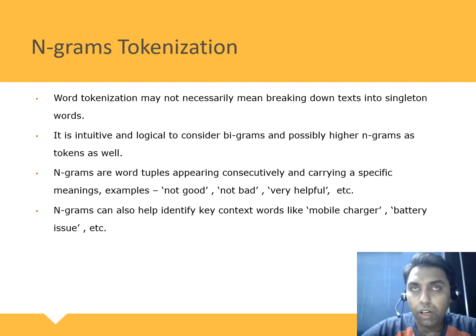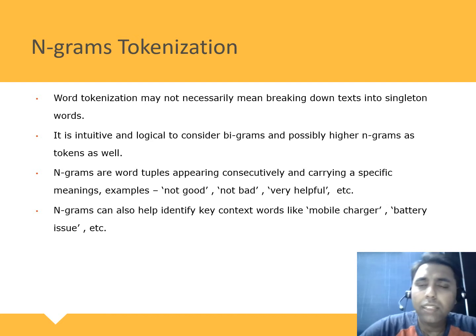Now, if we go a notch higher than that, not at the most granular level, then we can also think that every pair of words which appear consecutively are also building blocks of a sentence or a paragraph. And similarly, we can also look at phrases of 3 words appearing consecutive to each other. So that is the concept of Ngram tokenization. Instead of looking at just singleton words, we will also look at 2 words which occur consecutive to each other, or 3 words which occur consecutive to each other, and that is very helpful because